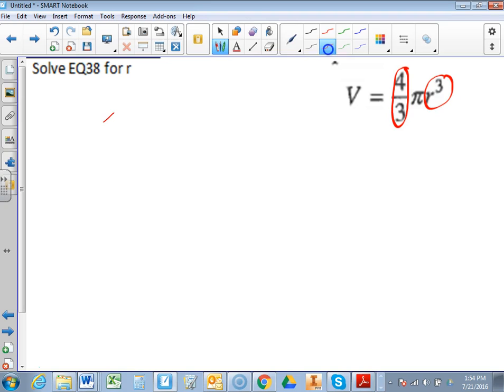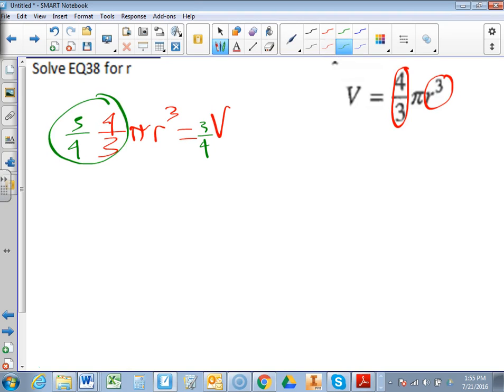So I'm going to start off with this. I'm going to write 4/3 pi r cubed equals v. I'm going to reverse the order. And then multiply both sides by the reciprocal of 4/3. That's 3/4. So that's going to make 1 over here. So everything there is going to go away, and I'm just going to have pi r cubed equals 3/4 of